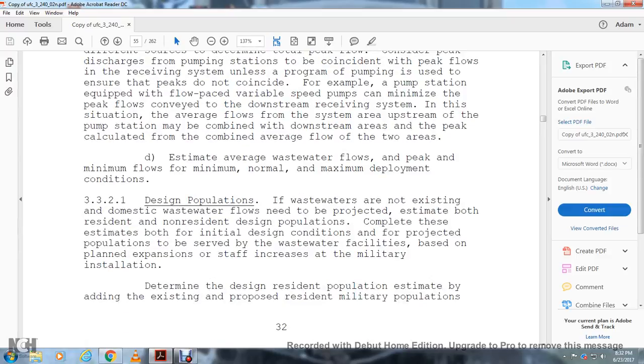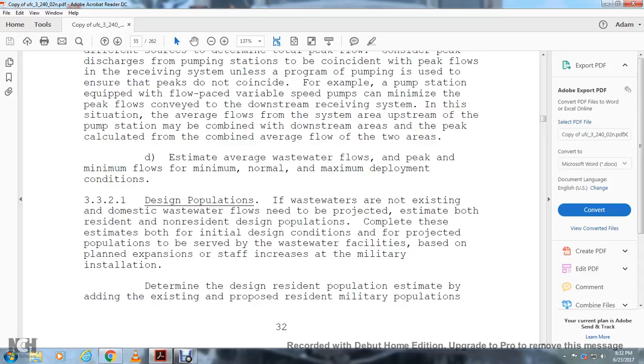The estimated average water flows and peak of the minimum, normal, and maximum deployment conditions. Design population. If the water does not exist, the domestic wastewater flows need to be projected and estimated with both resident and non-residential design population, completed with the initial design condition for the projection of the population to be served with the wastewater facilities, based on the planned expansion with the staff increase for the military